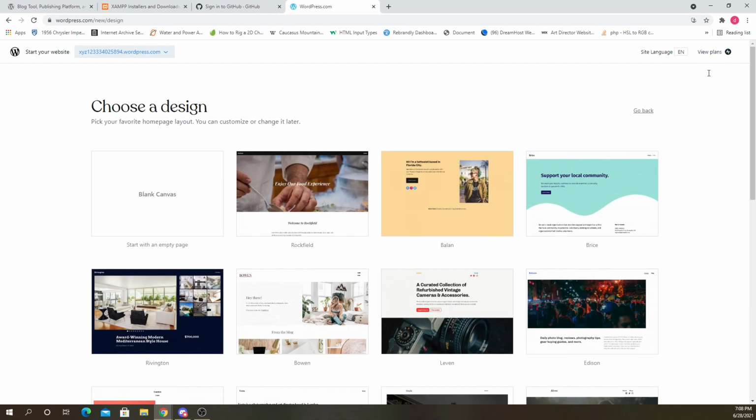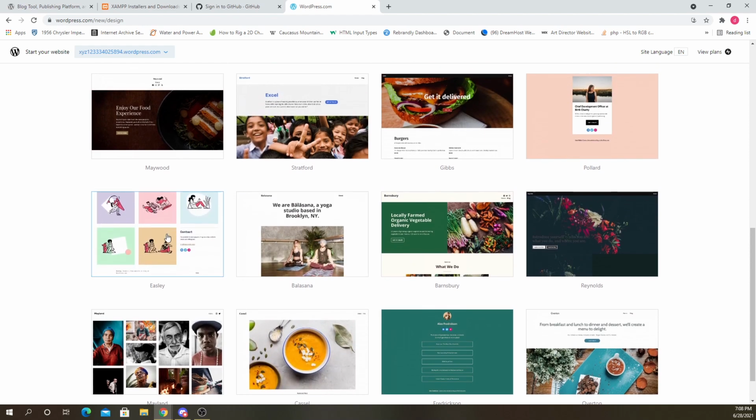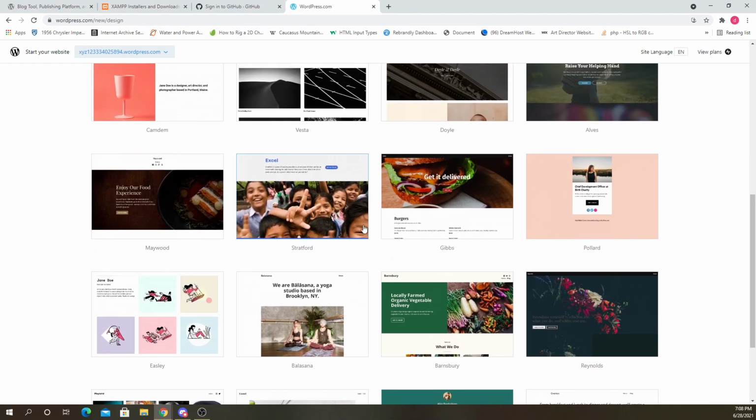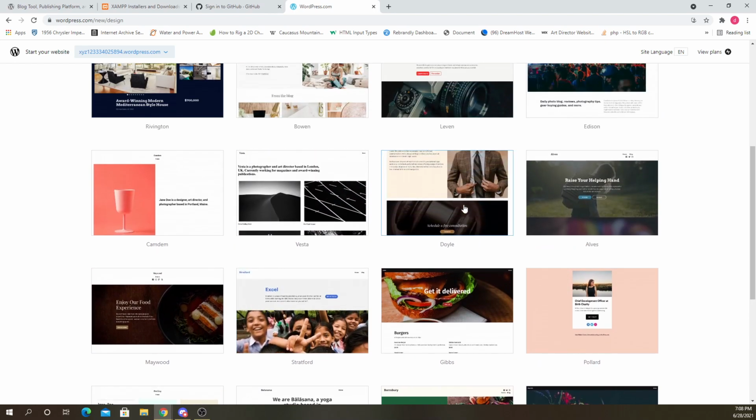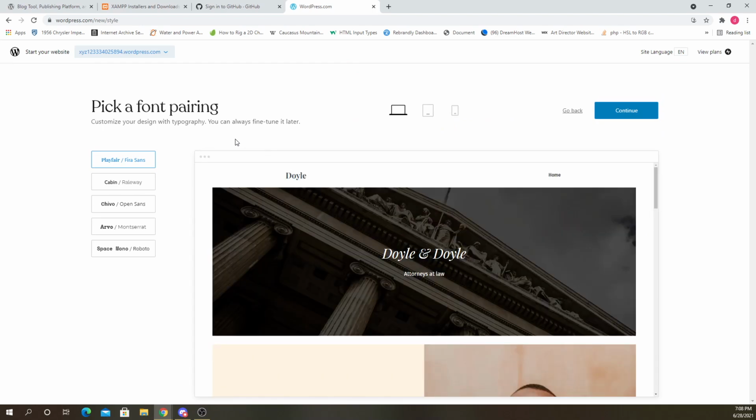It'll probably ask us what plan we want to choose after we pick our design here. So let's just pick something. I'll pick something simple, like maybe this one. So just click on one of these and pick a font pairing.